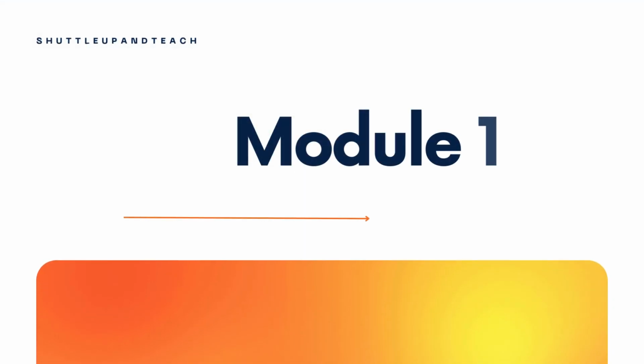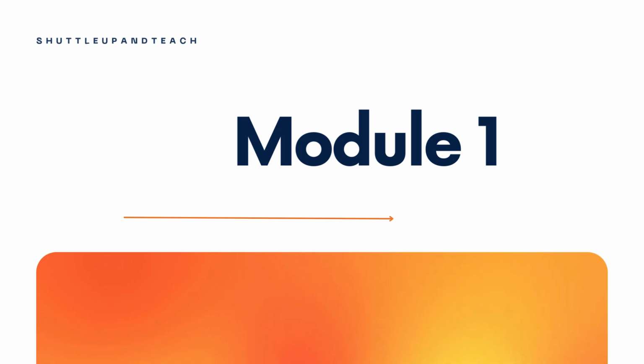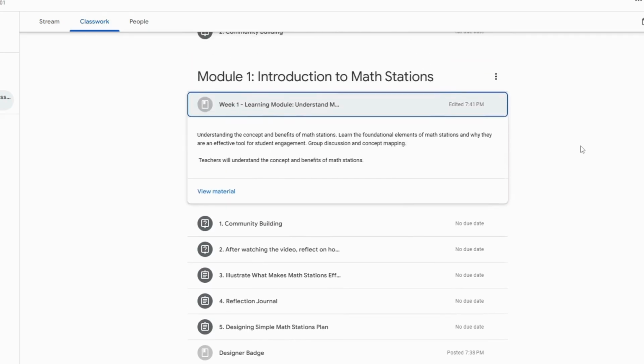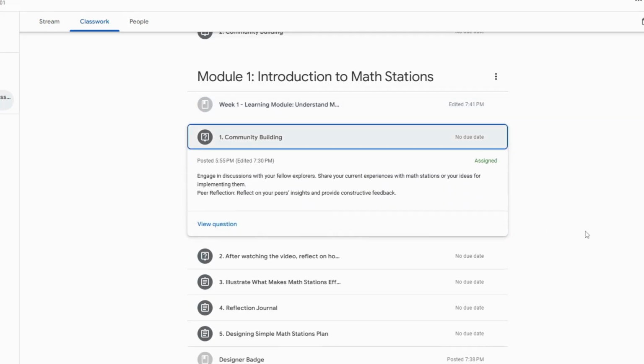Module 1, Introduction to Math Stations. All right, let's talk about the first module, Introduction to Math Stations. In this module, we'll focus on understanding the concept and benefits of math stations. You'll explore what makes math stations an effective tool for your classroom and how they can drive deeper engagement and